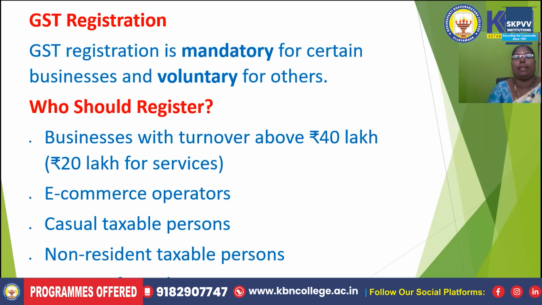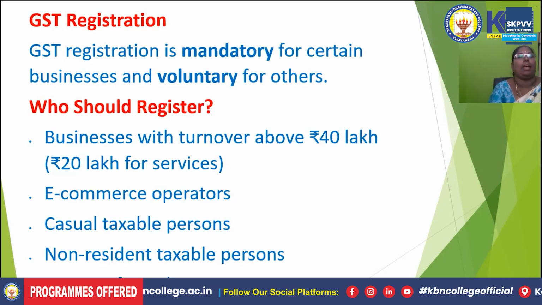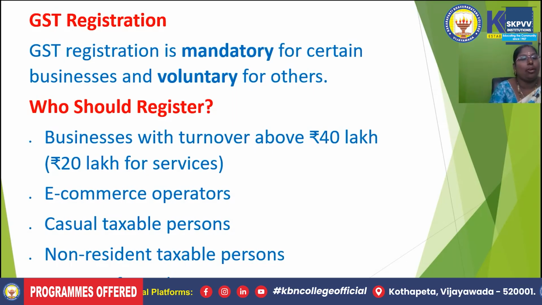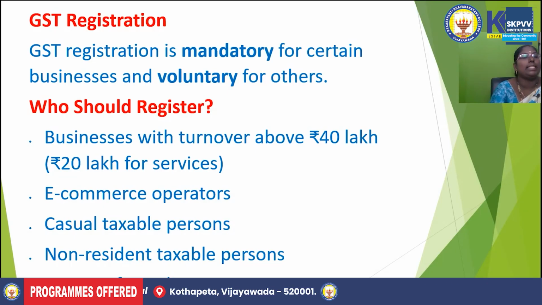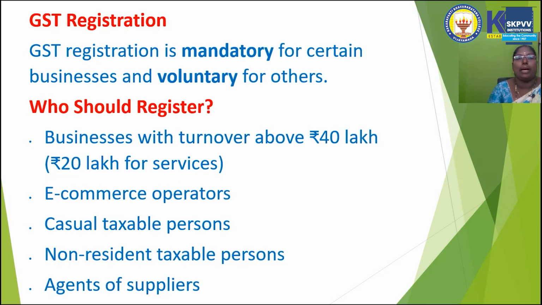Casual taxable persons means some people who do business seasonally. They are not working for a long time. They have only short periods of working. Those are also registered as casual taxable persons. And NRIs, non-resident taxable persons. Agents of supply. Agents of supply means we have some commodities with a head office and different types of sub-branches. All these customers also register for GST under the portal